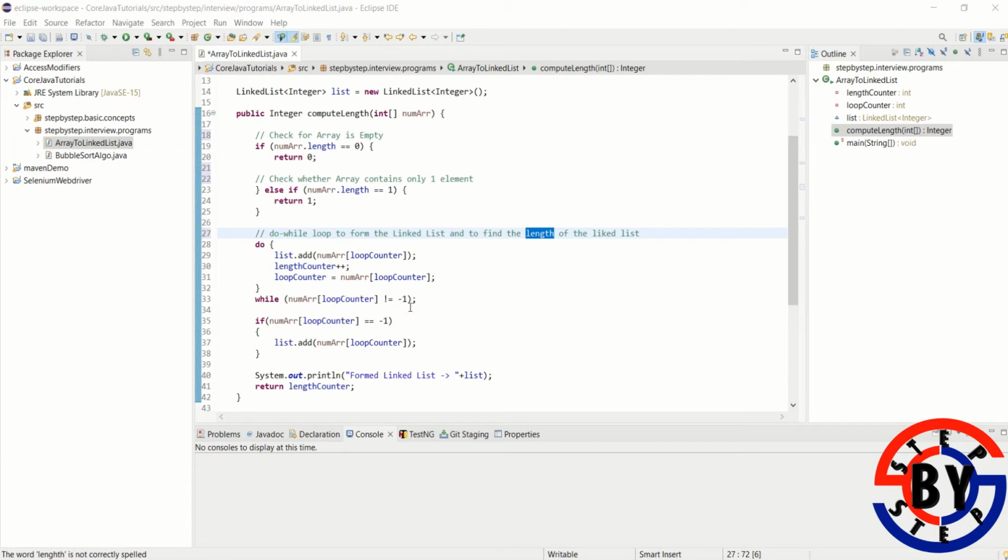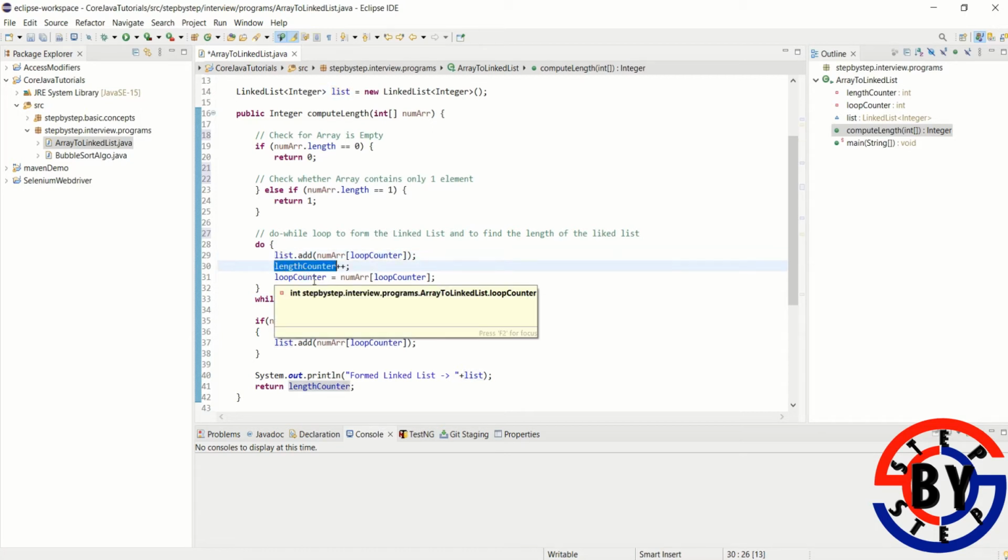Suppose we have satisfied this condition, the value at the index loop counter is not -1, so then it will come to this do part. Then this will add the number to the list, and we'll also increase the length counter, because as we have added one more number, the length of the linked list has been increased by 1.